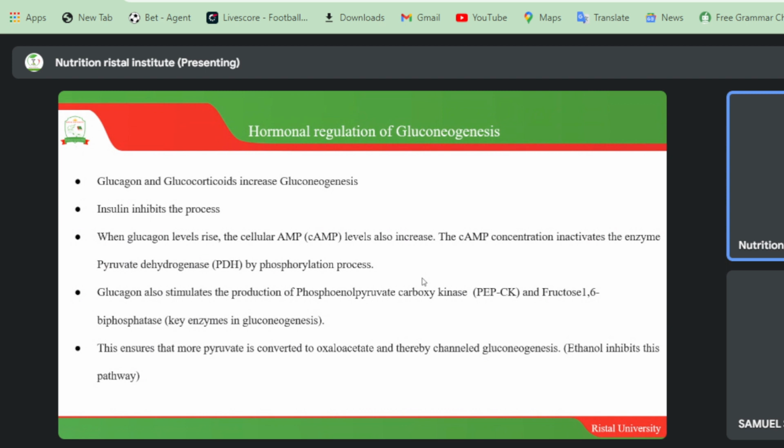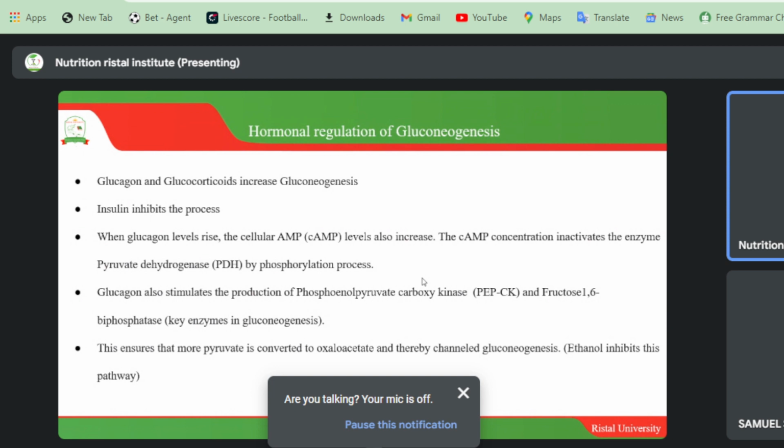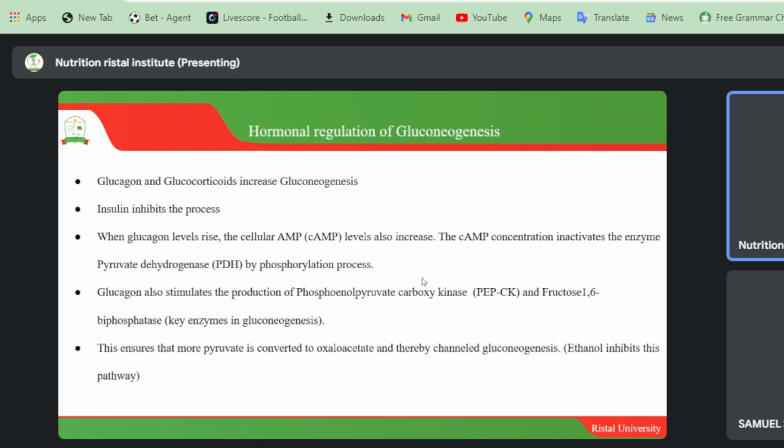So the connection here is that when glucagon levels rise in your body, it results in increased cAMP levels. But what does this increase do? It results in pyruvate dehydrogenase inactivation. Once this enzyme is inactivated, the process of gluconeogenesis will increase,